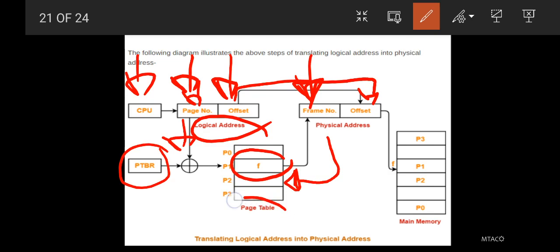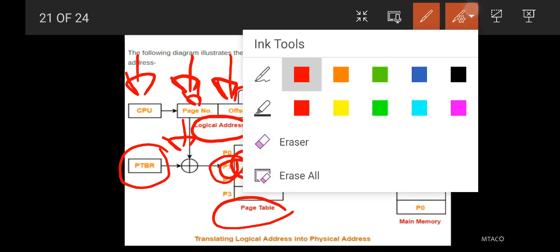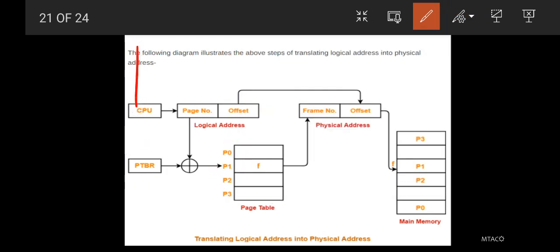For this example, in your page table, your frame has been stored in process 1, page 2. Again, the flow is from your CPU that generates your logical address,